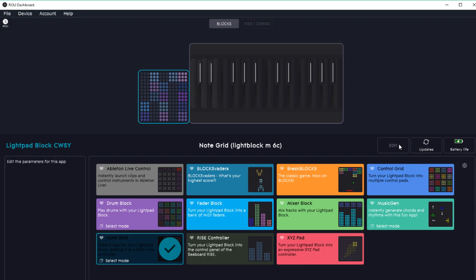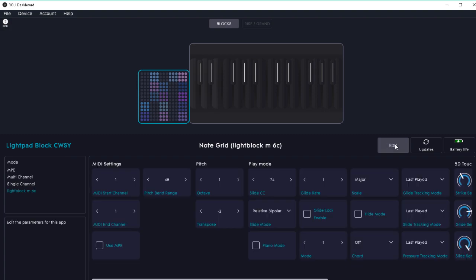I don't have 16 fingers. I don't know why you need 16 notes of polyphony. I mean, for drawing it in. But I go into edit, MIDI start channel 2, MIDI end channel 6. Use MPE. And then this is where the transpose and pitch come in, because